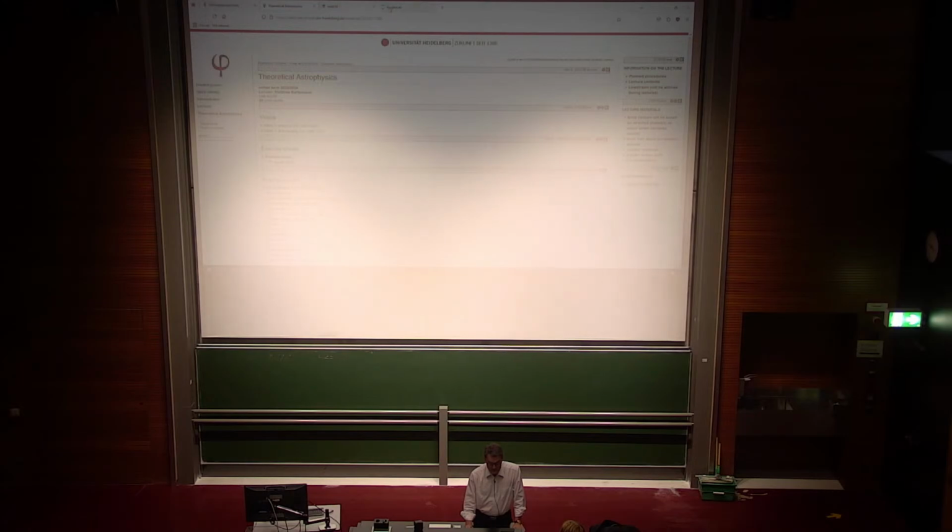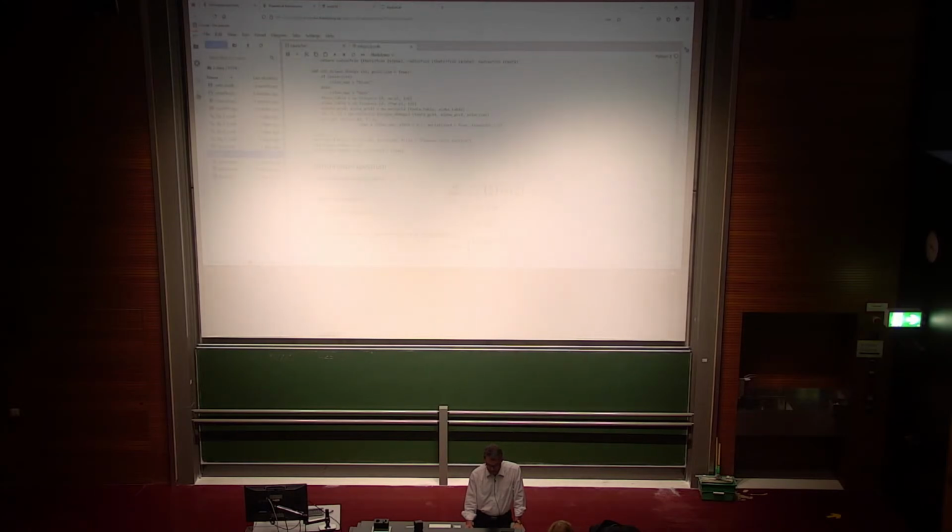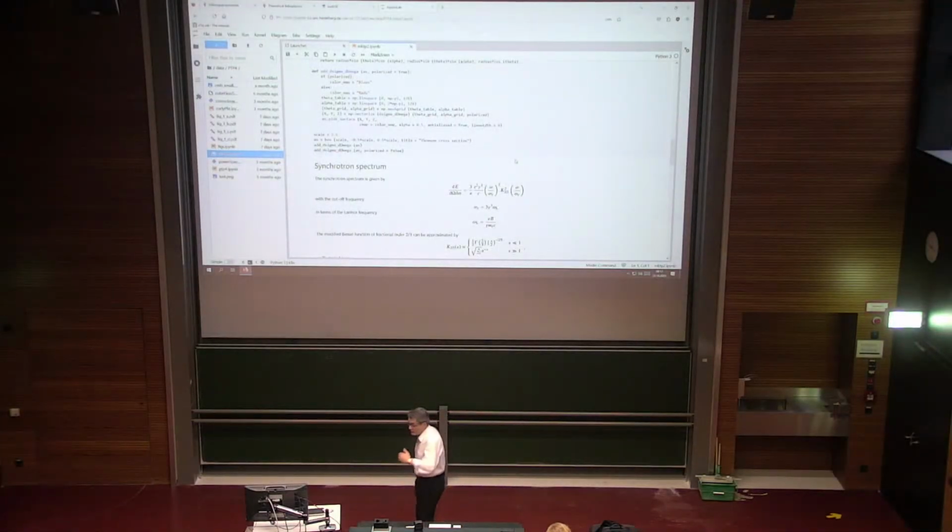The result, let me show this here on this notebook. The result looked like that. So we arrived at this modified Bessel function K of fractional order 2/3. What is that? Well, that's a certain class of solution to a certain differential equation. We'll make an approximation for that later. But if you look at the spectrum that arises once you carry out this Fourier transform that we had to carry out,